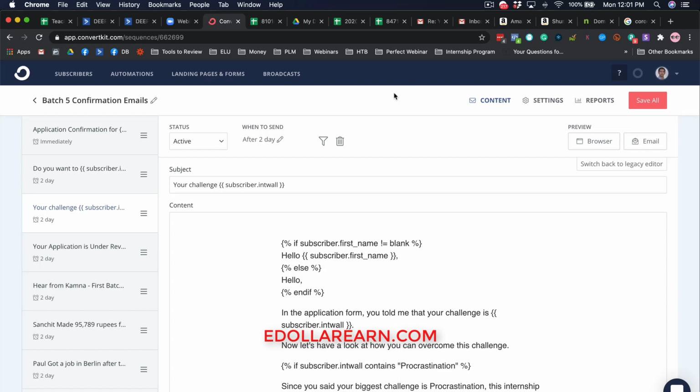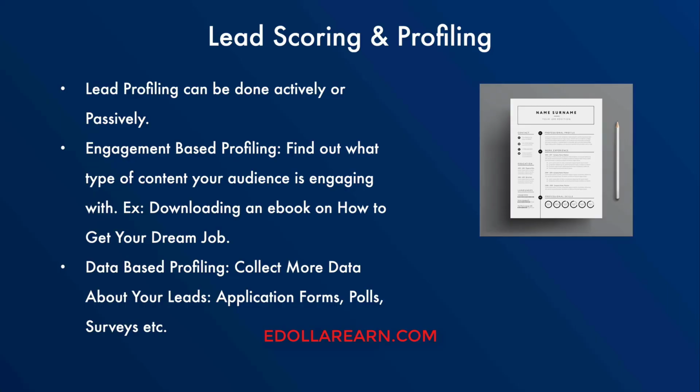You can also personalize your emails based on details such as city, and if you are collecting the city in the form that people are filling, then you can send out subject lines in such a way that their city name is there in the subject line. And imagine that you are from Mumbai or you are from Bangalore, and if you see that particular city in the subject line, then you are more likely to open the emails and more likely to engage on the emails. So that was a simple example of how I do the personalization based on lead profiling.